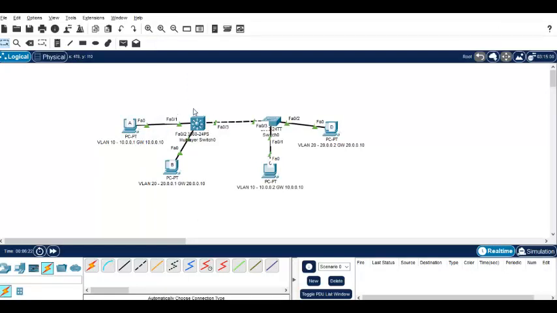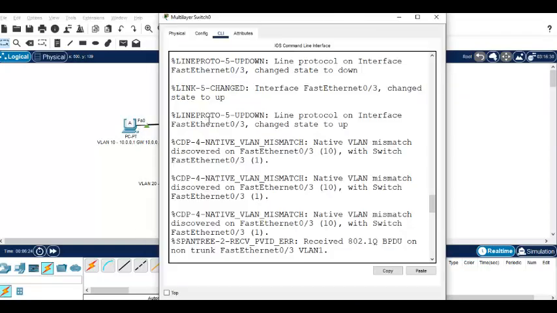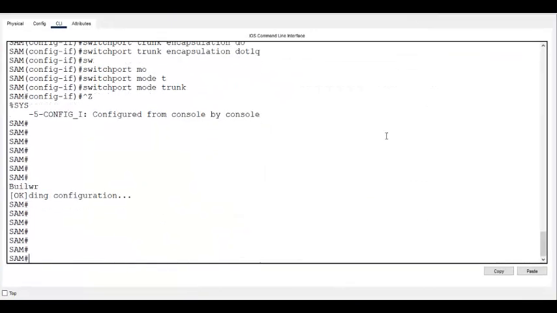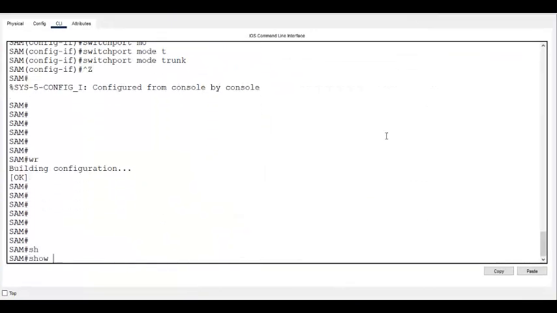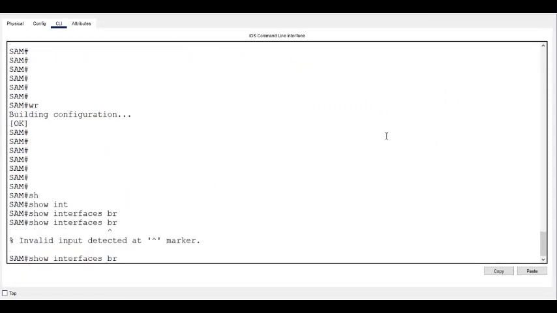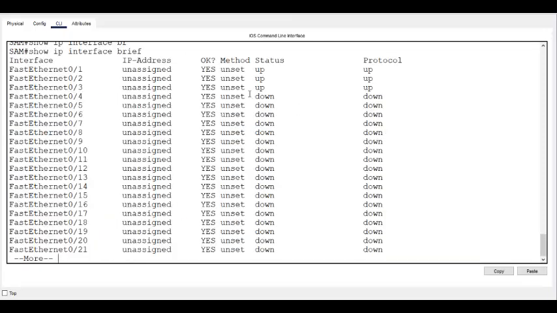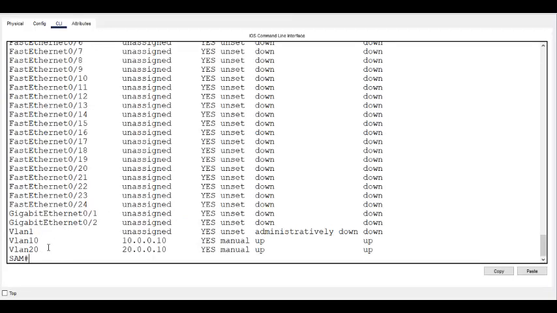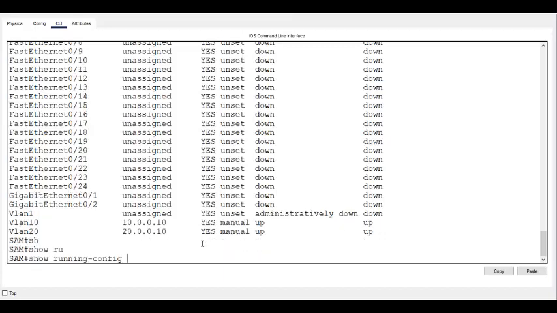Let me show you what we did in the previous class. We did show ip interface brief. We created two SVIs, meaning layer 3 VLAN interfaces, and we gave IP addresses. And also we gave the command ip routing. You see, in show run, we gave this command ip routing. Because of this reason,